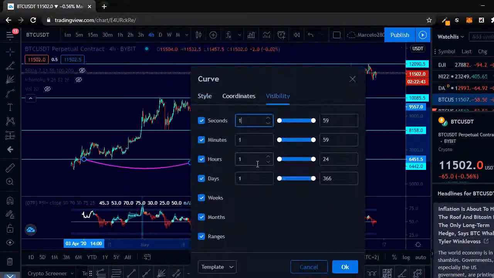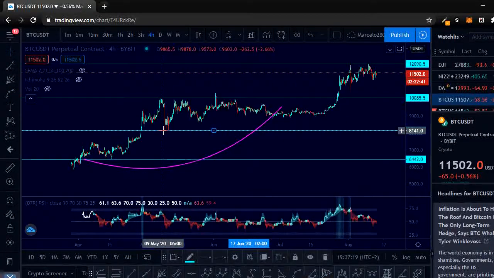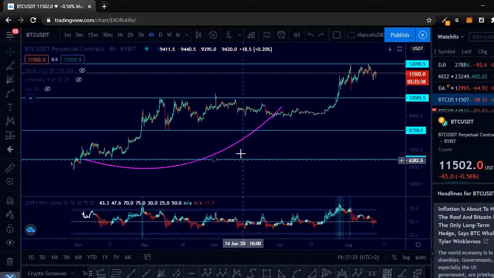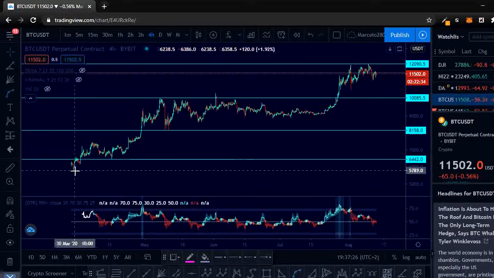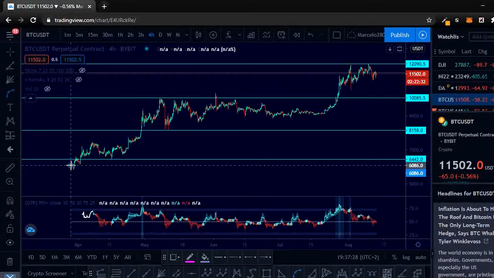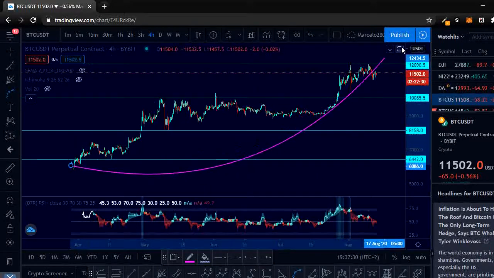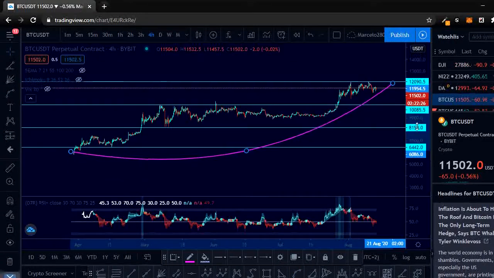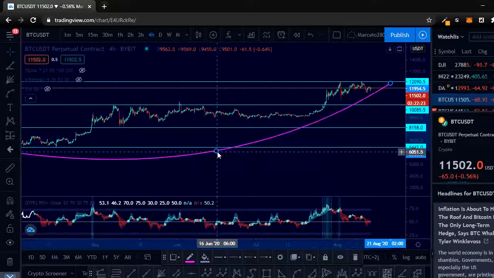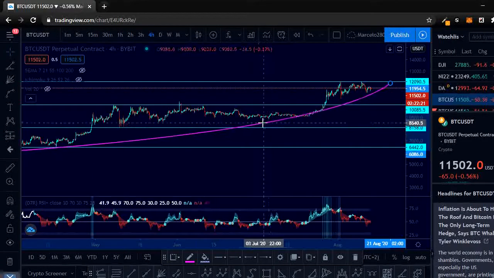So you simply click where you want your curve to begin. Say I wanted it to begin here, I'll click that, and I'll just extend to where I want it to end. Once I get there, I click, and I adjust my curve to what I'm seeing on the charts